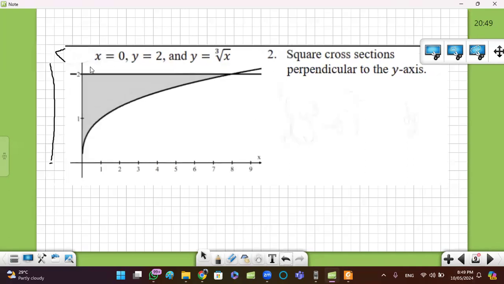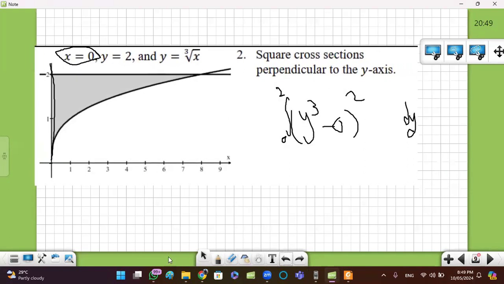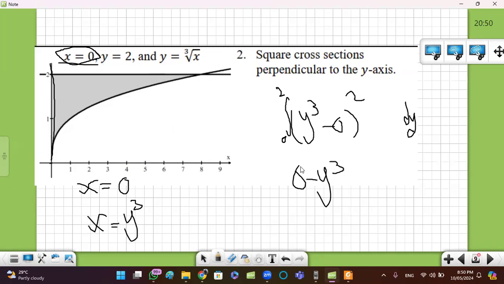لأن اللي تحت x equal 0. لأن ده x equal 0. فأنا طالما بعمل dy يبقى هقول هنا on x equal y power 3 and x equal 0. فأنا so any 1 power 2 مش هتفرق. يعني لو قلت 0 minus y power 3 power 2 integral from 0 to 2 it will be the same. فاهم يا عارف؟